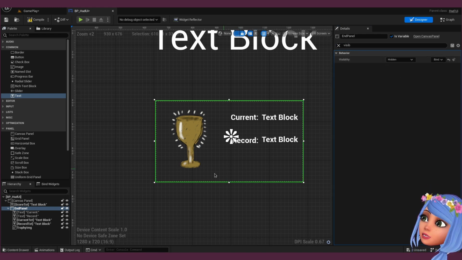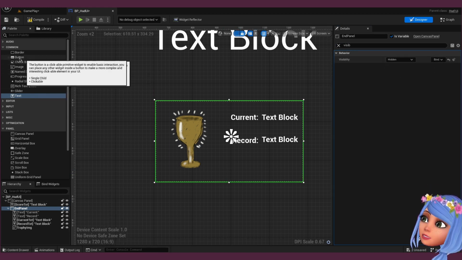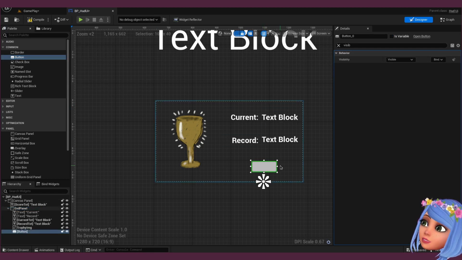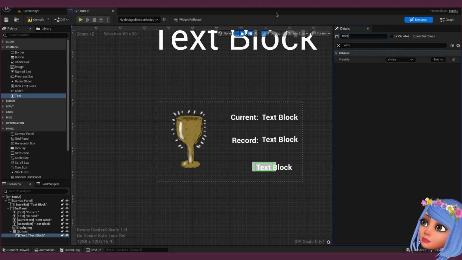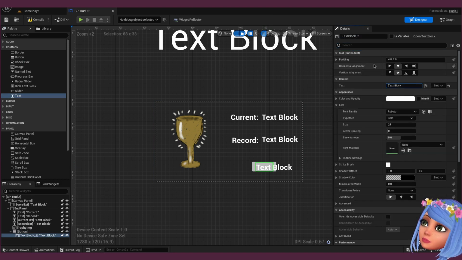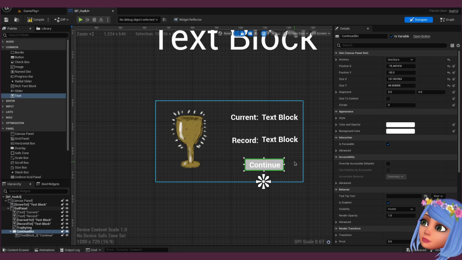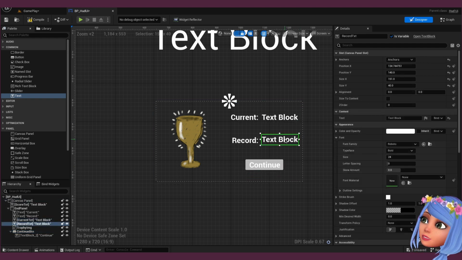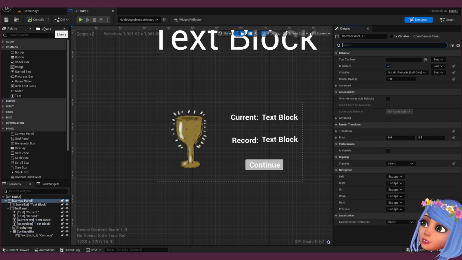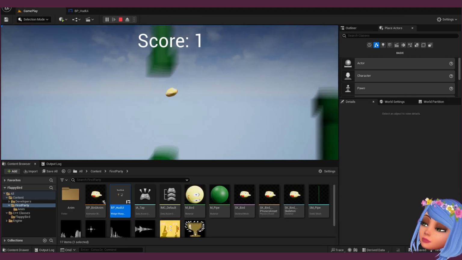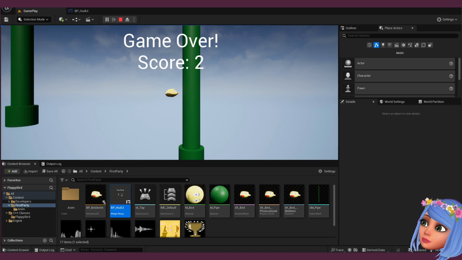hidden, and we can also put the button which would say continue. Continue. Okay, and current text, record text. So okay.